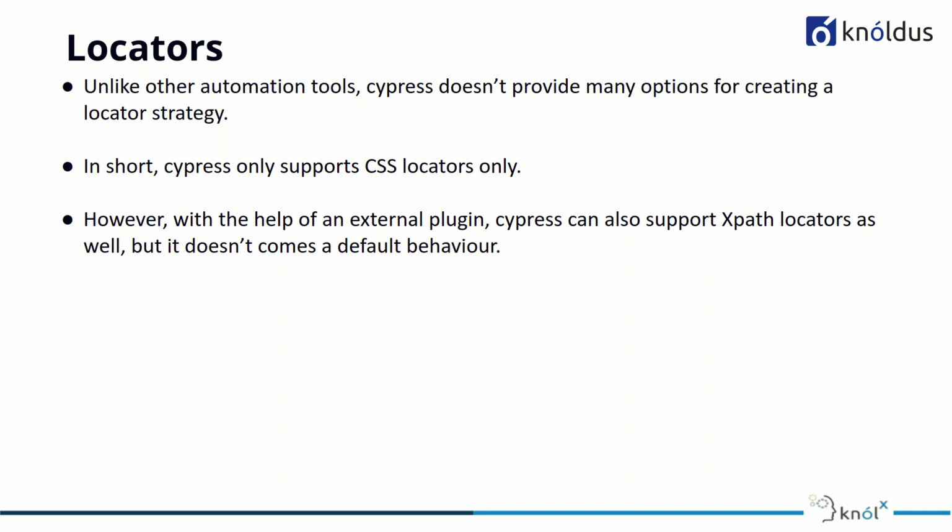test cases. In Cypress, some people have an opinion that with respect to locators, Cypress is lagging behind most of the testing tools, because Cypress doesn't provide many options to use in our locator strategy. In Selenium, we have a number of locators to choose from, like XPath, CSS locator, and many more. However, Cypress only supports CSS locator, which is considered one of the drawbacks of Cypress. However, Cypress has a great parent-child or sibling locator strategy, and it does help in locating the elements efficiently.